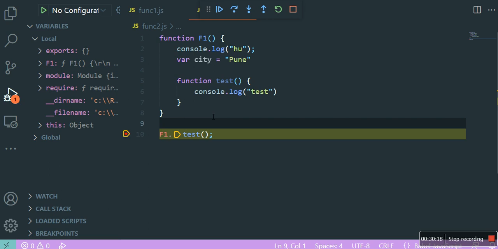I just want to call this function test. Let's suppose there's some other function, let's say sum, which adds two numbers. If I want to access it outside, it is already defined, and I want to reuse that logic. A function encapsulates logic; we wrote the logic, and now I want to use it outside. I don't want to rewrite the function, it was already defined inside, so I want to use it outside. Any idea how we can do that?